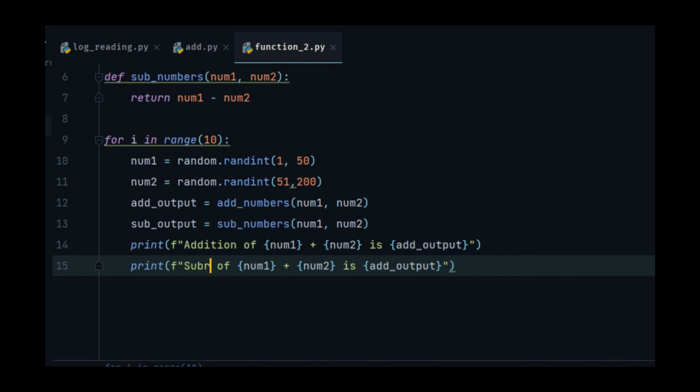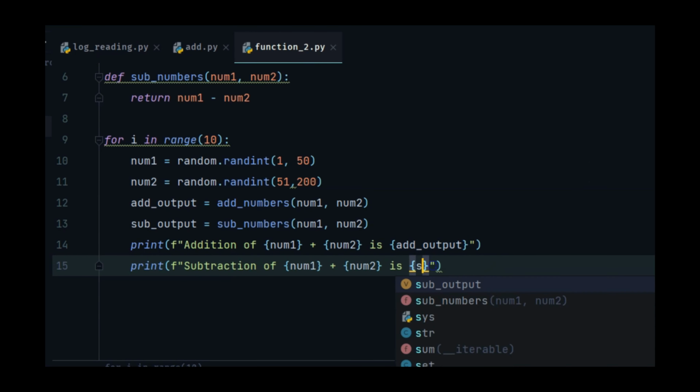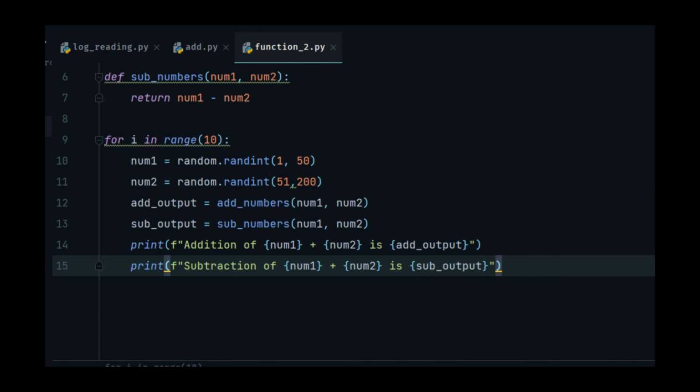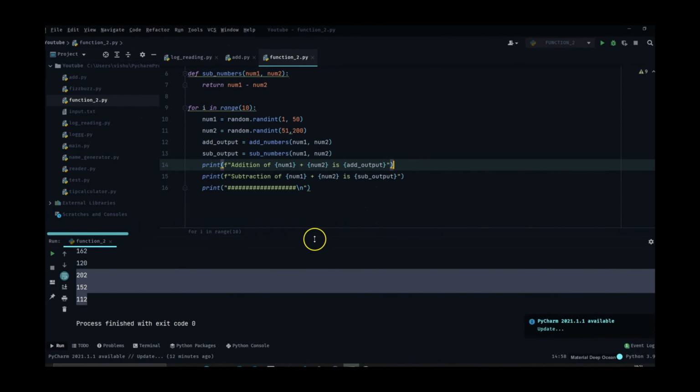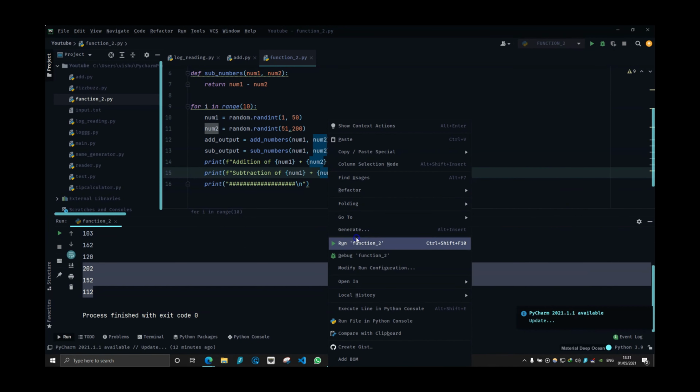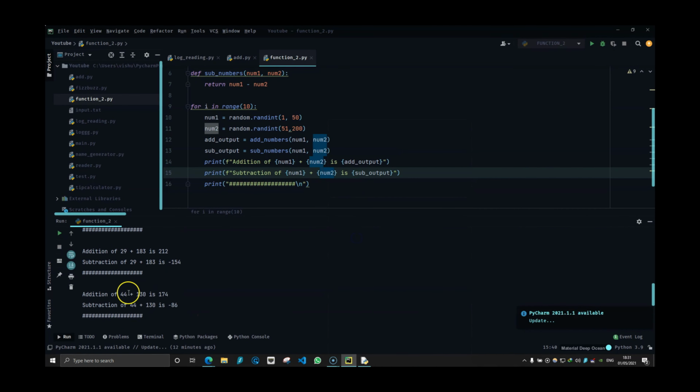We'll say subtraction and sub_output, and at the end let's do some hashtags so we can differentiate. And I will also add a new line so it gives enough space. So let's run this, and now you will see addition and subtraction is there.